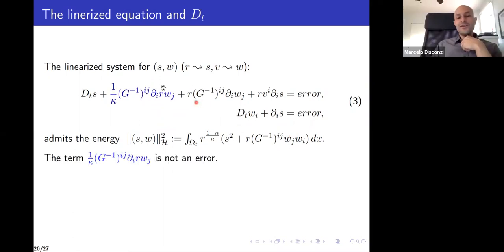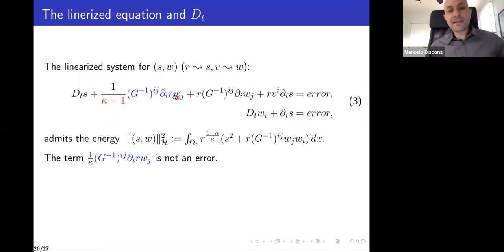Now, there is this term that's not present in the original equations, and this term comes from the fact that when you linearize the equations, remember the material derivative involves the velocity. So when you linearize that term in the material derivative, this guy pops out. And at first sight, this involves no derivative of the linearized variable, right? So this is a linearized equation. So you think of S and W as the variables, and everything else as a coefficient given to you. So you'd think that this term is an error because it does not involve derivatives of W, but it turns out that this guy is important, it's not an error.